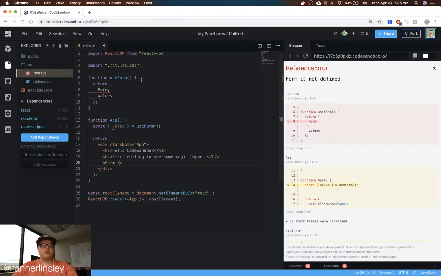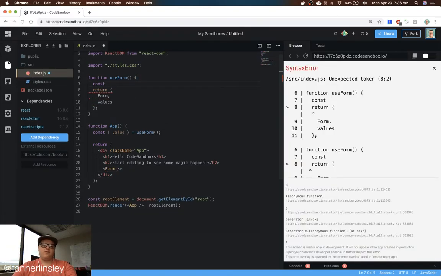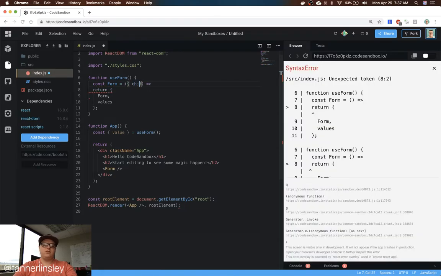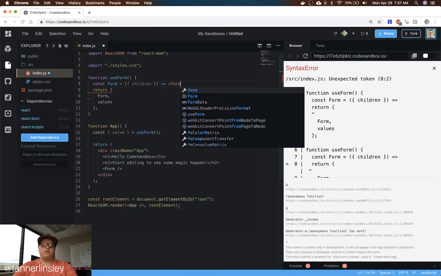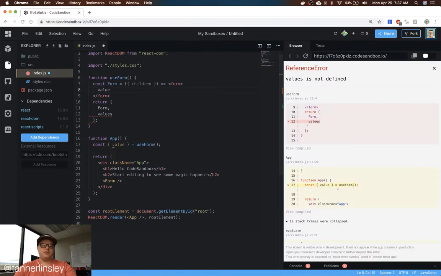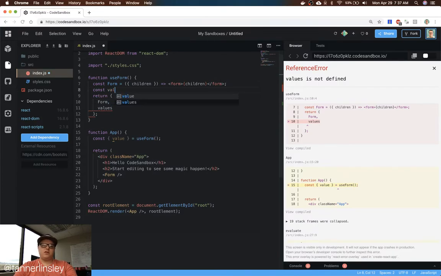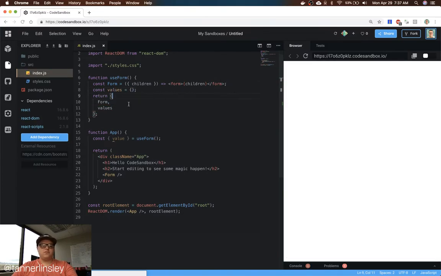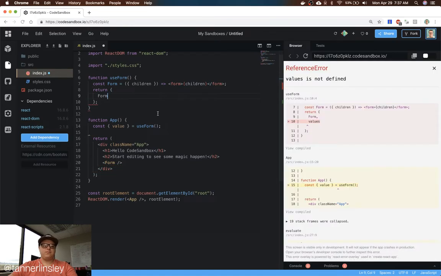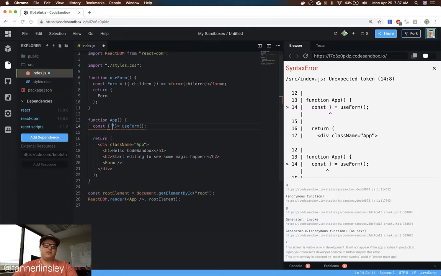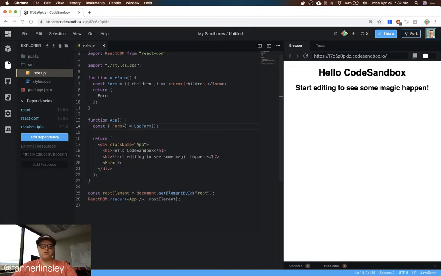So if we were just to return a new form, we have to make that form component in here. So we'd say const form, and this form is going to just render children in a form element, right? Sweet. Let's just get rid of values for now. So let's say we do this and we return a form component from useForm. We already have a problem